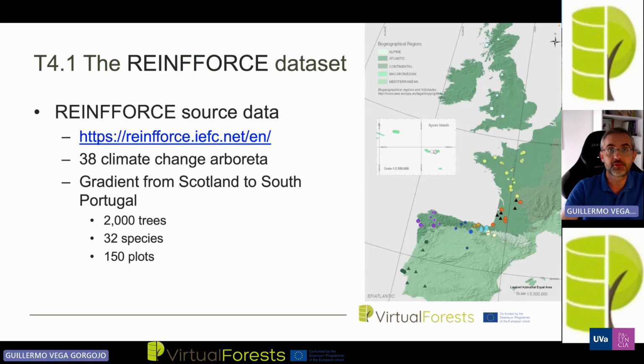In the case of the Rainforest dataset, the data was available, but we had to make the conversion to linked open data. Essentially, this comes from a previous project. There are 38 sites called arboreta, a gradient from Scotland to South Portugal, and this dataset contains information about more than 2,000 trees, 32 species, and